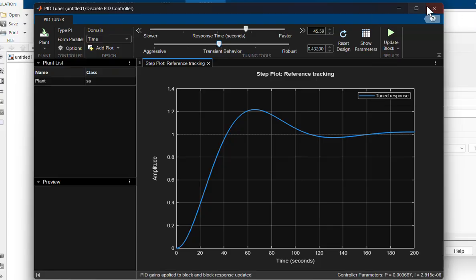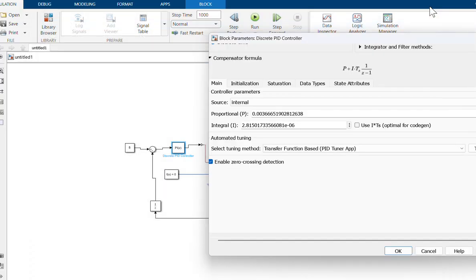I wonder which values it is. Proportional 0.003, integral 2 e minus 6, 0.0000002.